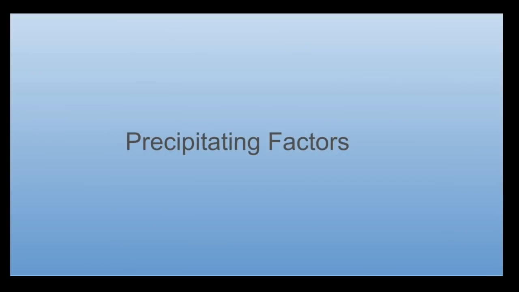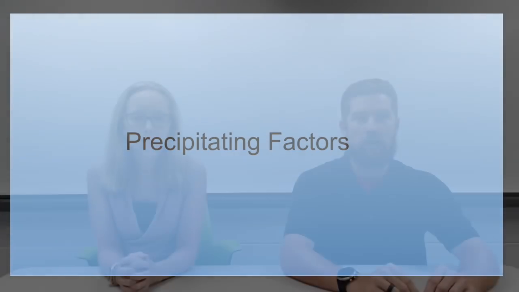That's right. So the final thing we're going to talk on before we get into the actual CPI's 10 tips for de-escalation is precipitating factors. So this just means there's a lot of stuff going on that we're unaware of. There's a lot of things that go on in our students' lives, in our colleagues' lives, in our own lives that's private and that's personal and that doesn't get out very much.